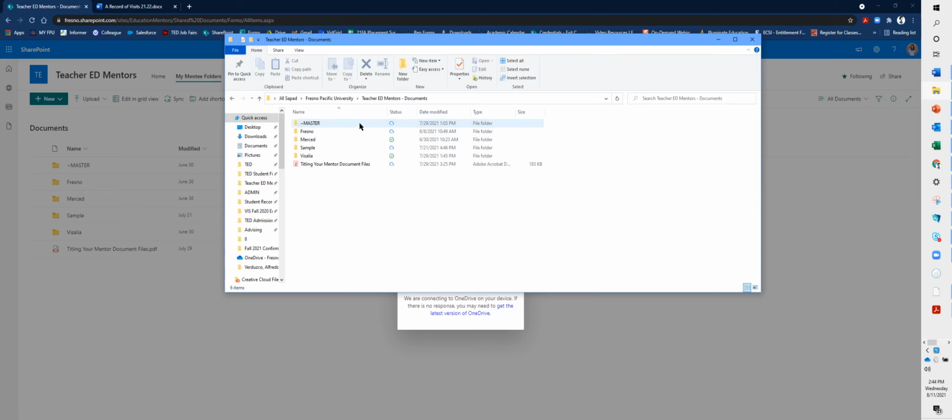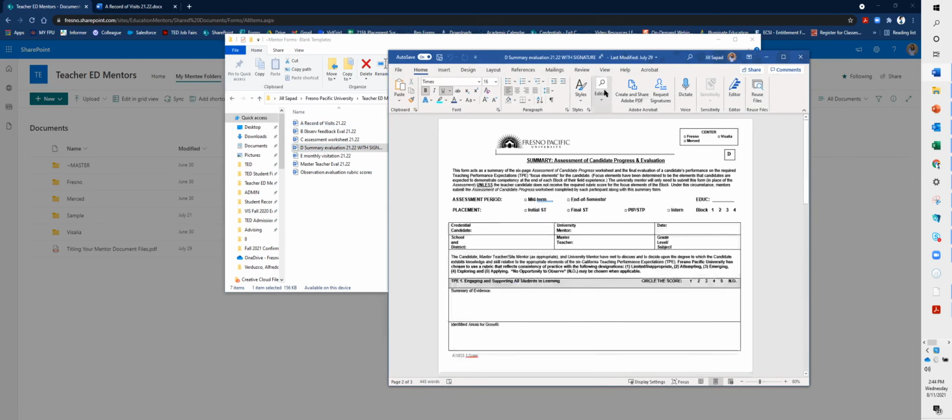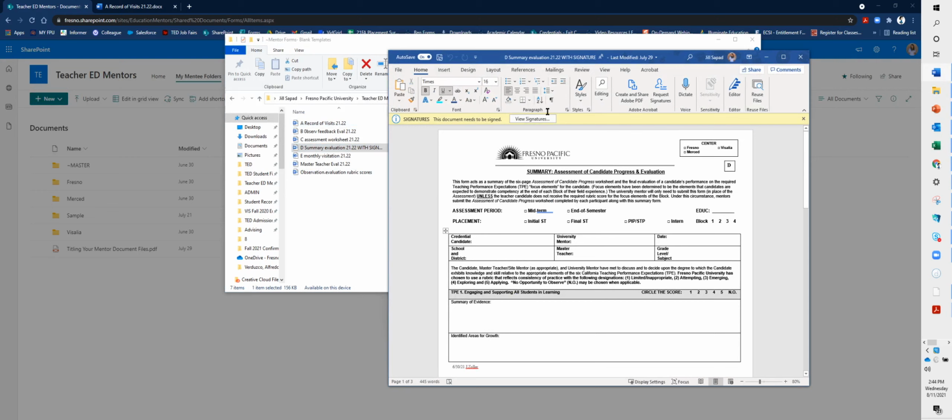So in this case, we'll open the master with the blank templates, and we will open, for example, the summary evaluation form. So this all looks good, and you'll know that it has synced correctly. Don't mind the yellow thing, this is only for the signature warning. But the main thing is that you can see AutoSave, which means that it's automatically saving and the feature is on. So when I type in here,